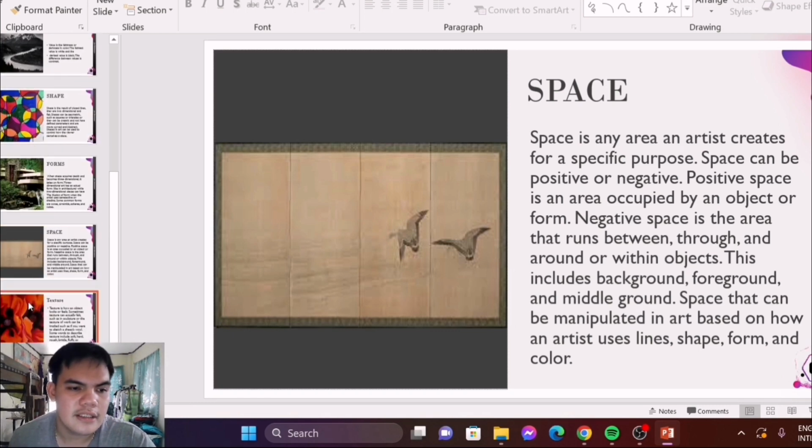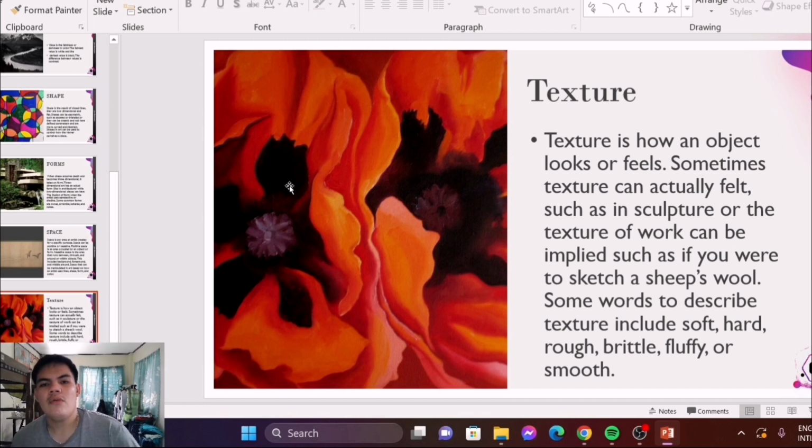So next is the texture. Texture is how an object looks or feels. Sometimes texture can actually be felt, such as in sculpture. Texture in a work can also be implied, such as if you were to sketch the shapes of walls. Some words to describe texture include soft, hard, rough, brittle, fluffy, or smooth. In this art, it shows texture. So as you can see, you can feel that this art is smooth. But in other art, you can feel if it's rough, brittle, fluffy, hard, or soft. So this is one of the elements of